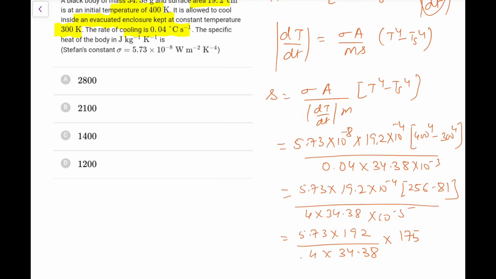Okay, so what we have now: this is 4 and this is 48. Now 5.73, 34.38, what I will do, it would be approximately 73 6s are 438, yes, exact. So the 6 is cancelling, so it would be 6, 48, it is 8, so 175 into 8, that is 350 into 4, that is 700 into 2, 1400. Sorry, not 400, 700 into 2 is 1400, so go for 1400.